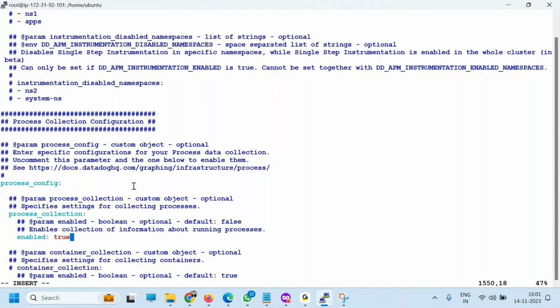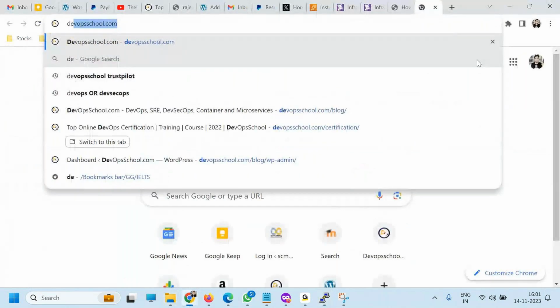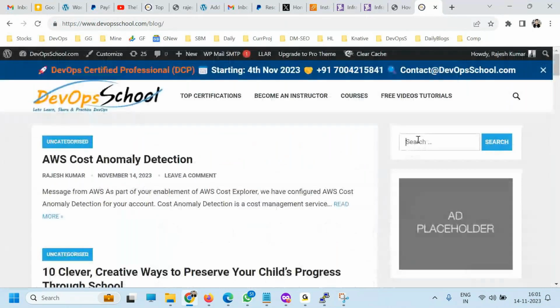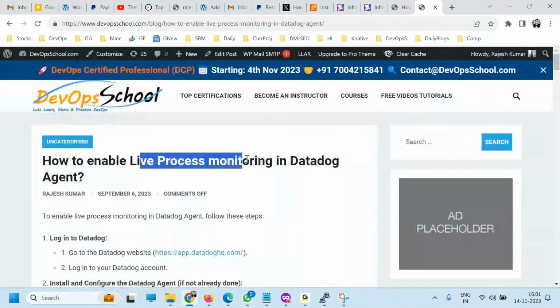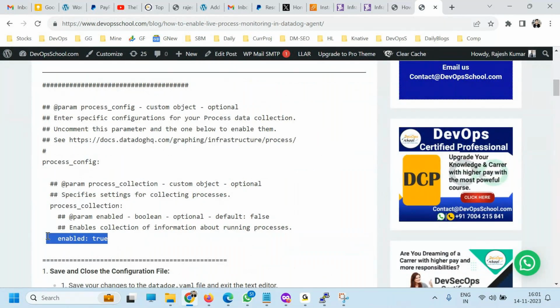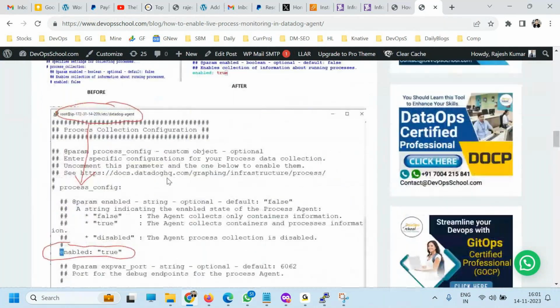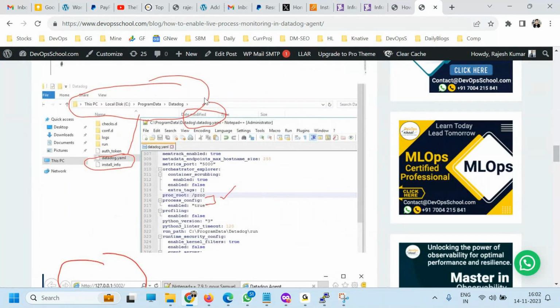Now you might forget this step, so for that I have documented it. Let me share with you. So here you come here and type datadog process, datadog process, and in this here you see how to enable live process monitoring. So first thing you have to 0 space, 2 space, and 4 space, and you have to make it like this. Now this I have given a screenshot also below side, so which will help you. In Windows also same process you have to do, the only the location is change actually.